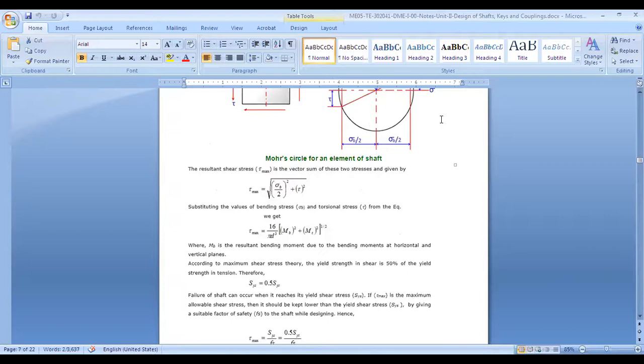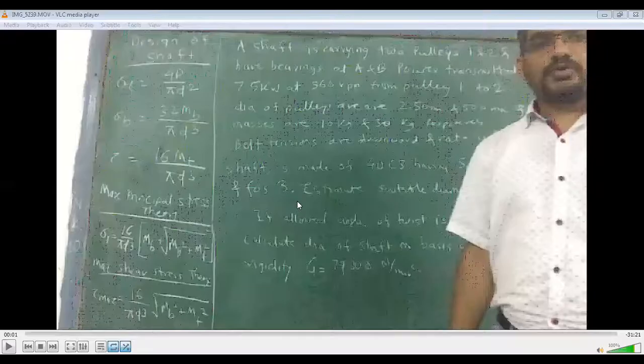Okay, so let me just share the numerical screen with you. Let me just close this thing. Okay, so now I will share my numerical. Well, basically we will take a look at the numerical now. Okay, so let me know if you are not able to hear this my lecture. This is basically numerical. I am going to share that with you, and just let me know if you are not able to hear that.